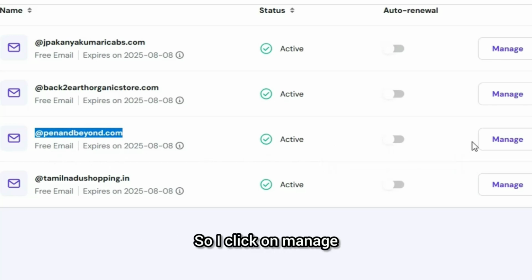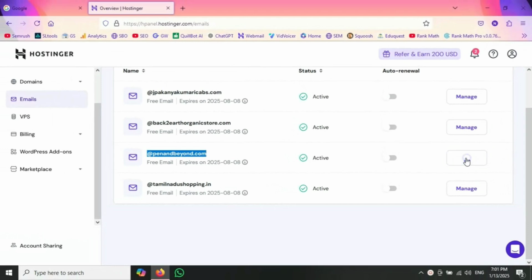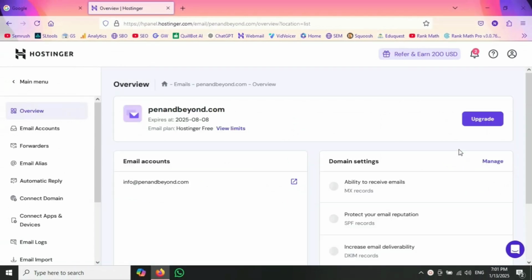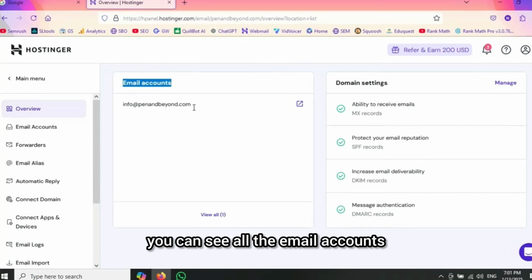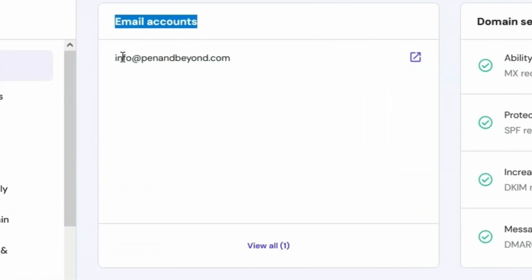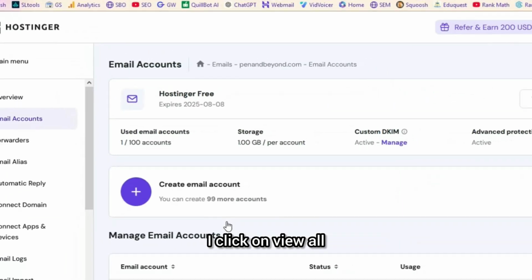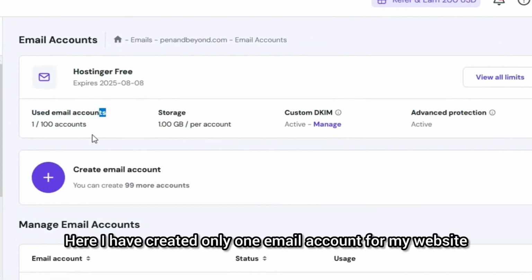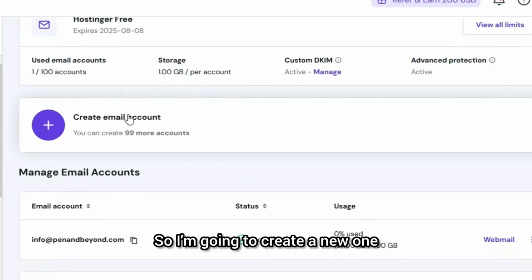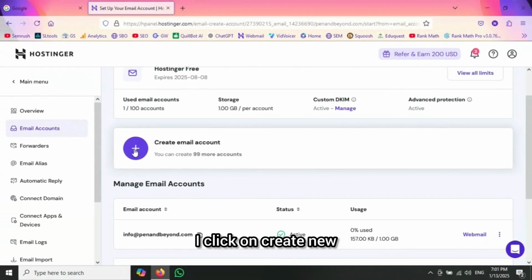So I click on manage, and here you can see all the email accounts that I have created before. I click on view all. Here I have created only one email account for my website. So I am going to create a new one. I click on create new,